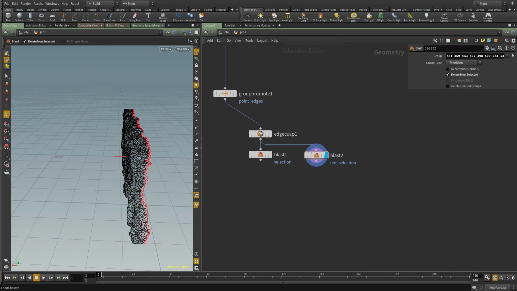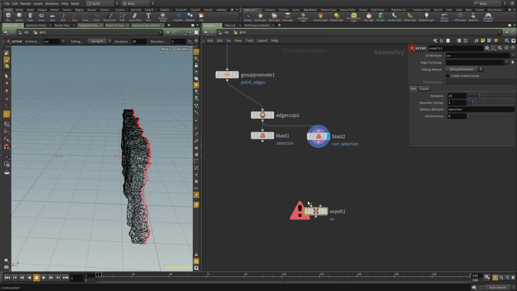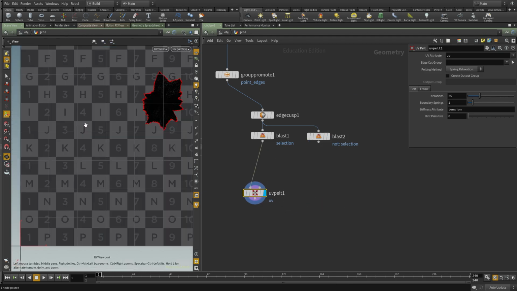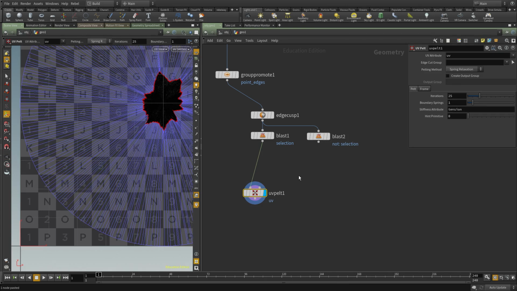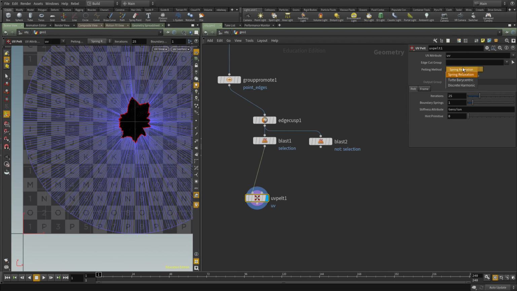And I'm going to use a UV pelt node to generate the UV for each piece individually. And let's go to the UV editor by hitting space 5. And this is the result that it's giving me right now. I'm going to change this to